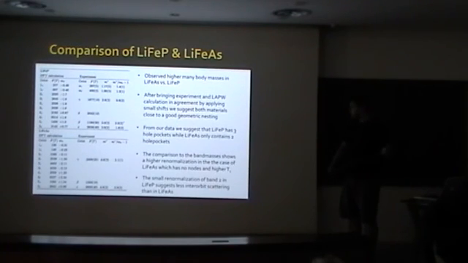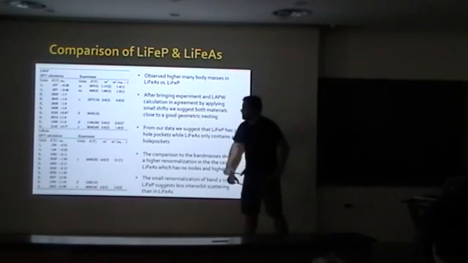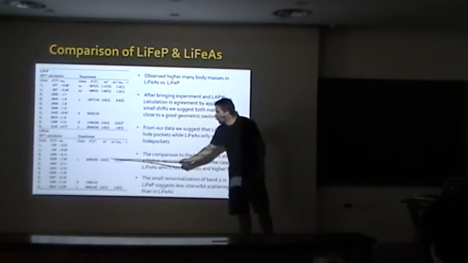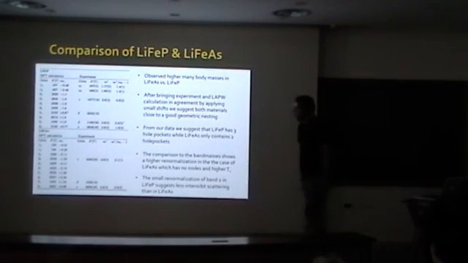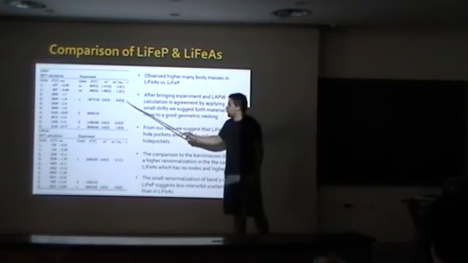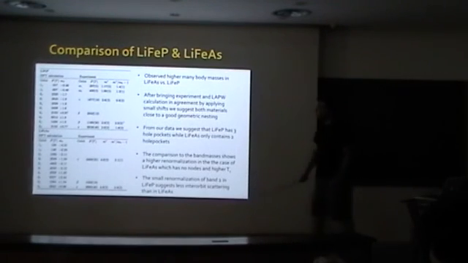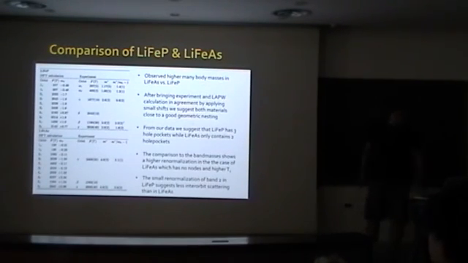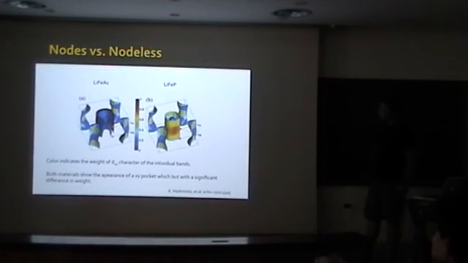And yeah, another thing that we can learn from the renormalization is if we compare band number 2 in the lithium-ion phosphide to band number 2 in the lithium-ion arsenide, which happens that we observe both of them, then we can see that in the lithium-ion phosphide, this renormalization factor is much smaller than the lithium-ion arsenide. So this suggests that there's lower electron-electron or many-body interaction. And if we compare this to the data that was taken on the penetration depth,